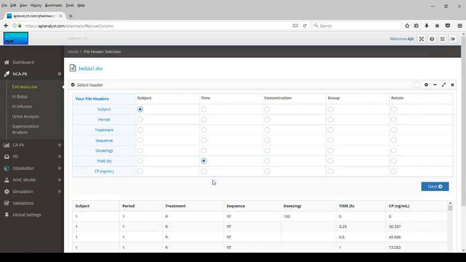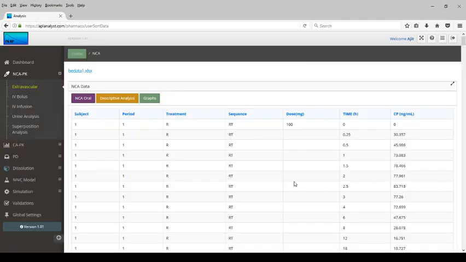Concentrations are CP nanograms per ml, and for the group variable, if the file has a treatment as a header, then select that as a primary group, and then the secondary groups can be your period, sequence, dose, etc. Once you do this mapping, click on the next button,